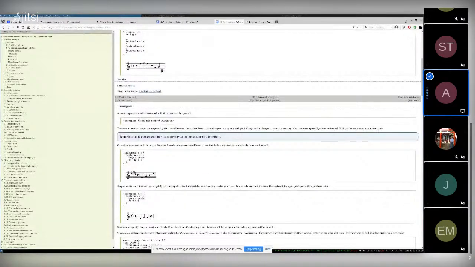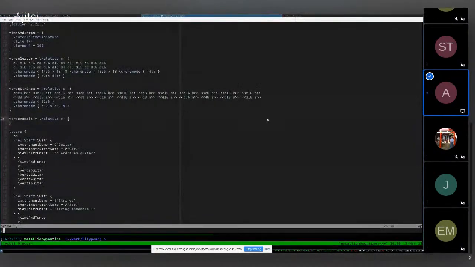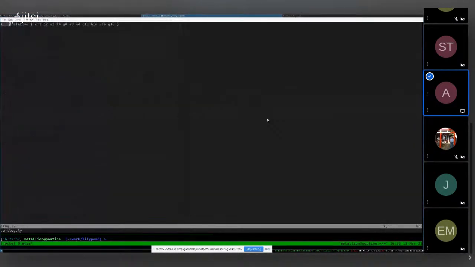Oh yeah, so apparently you can transpose from pitch to pitch. Actually, let's give that a try. Let's quickly copy paste this and open up Lilypond over here. From pitch, let's say from C to B. Would this work?